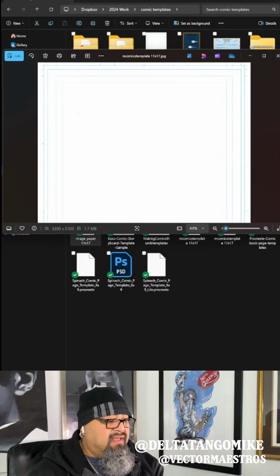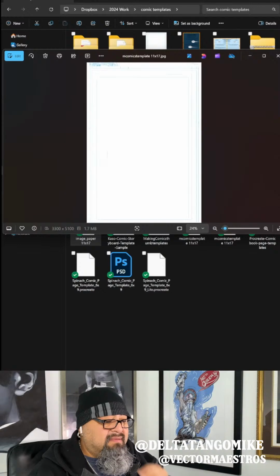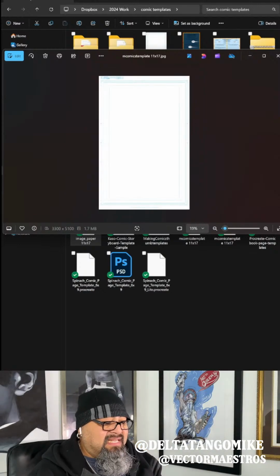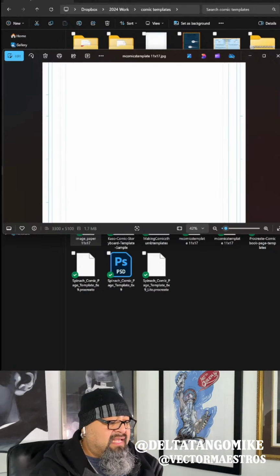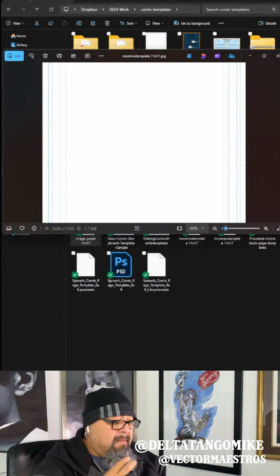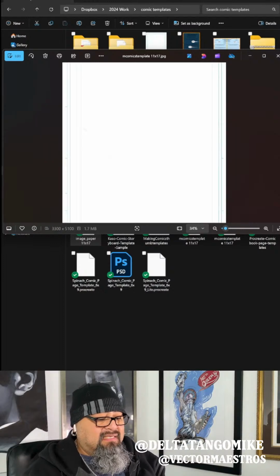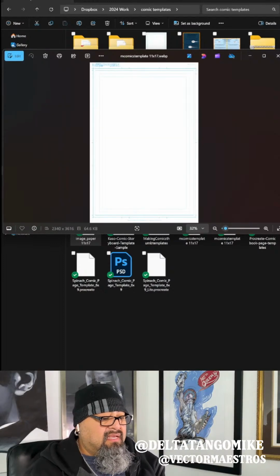All of those details are important. Here we have another board. Okay, this is the Making Comics template. That's 11 by 17, and this is a better one because it has the guides. It has the guides, so that's good. Making Comics template. That's the web pin.